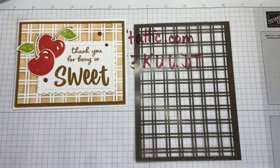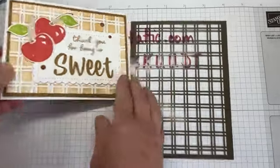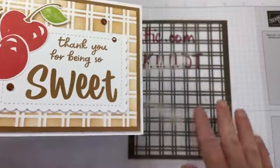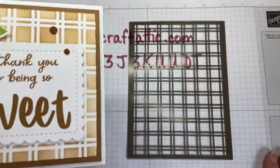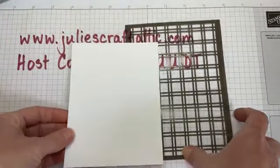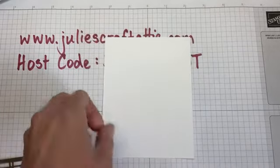So we are going to start by making our panel. So we're going to make this background panel. So I'll just put that up so you can see it. So this background panel was made with blending brushes and one of these decorative masks. So that's what we're going to do first. So what I'd suggest for this is that you cut your piece of paper bigger than you need it to be,